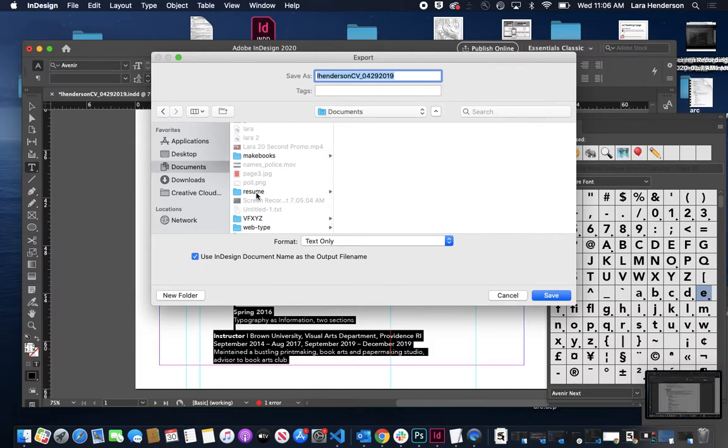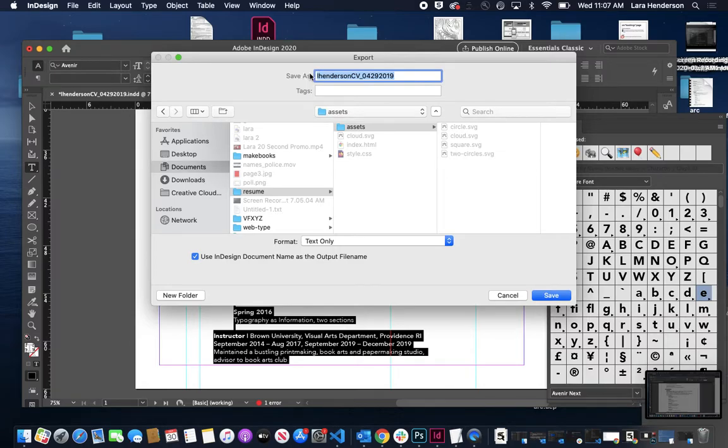You could either make a copy of your business card if you want to bring over some of that styling, or you could go back to that boilerplate file and make a totally new blank file. But you want to have a new folder created called resume that you're storing all your resume documents. So I'm going to go into my resume folder that I've created and then into my assets, and I can call this